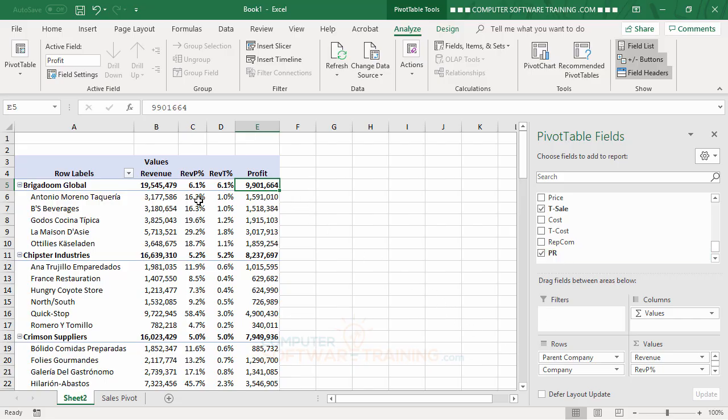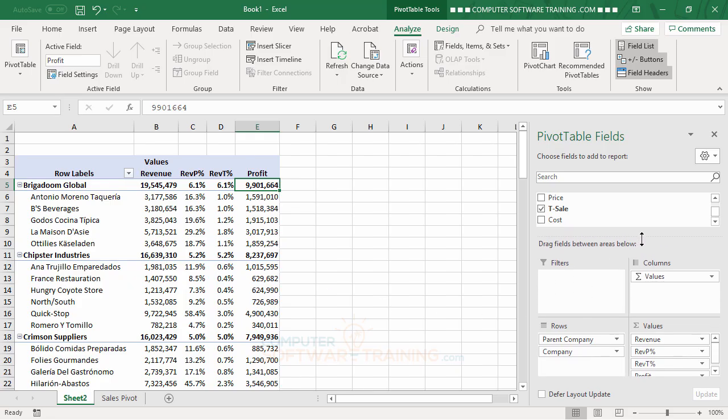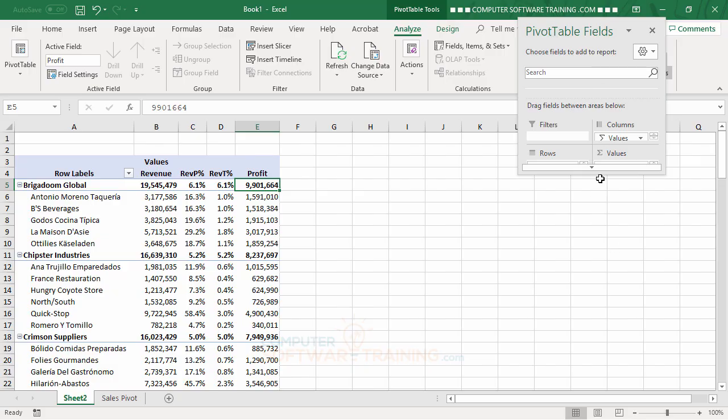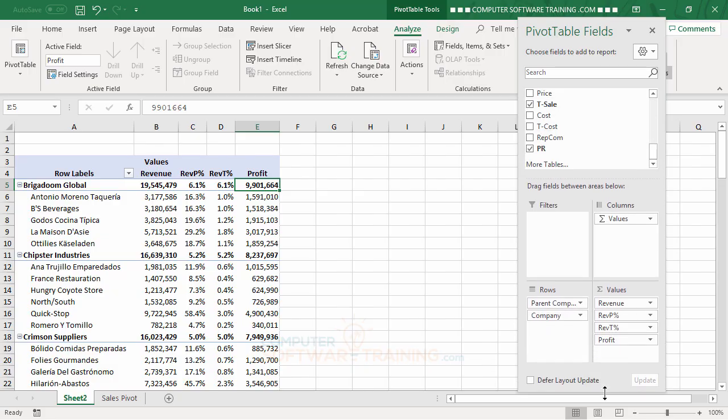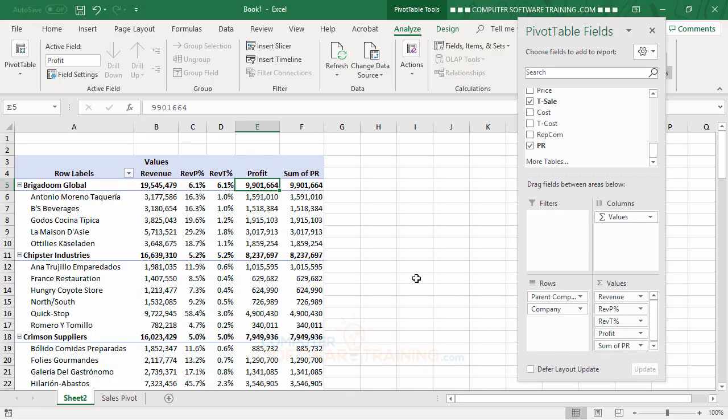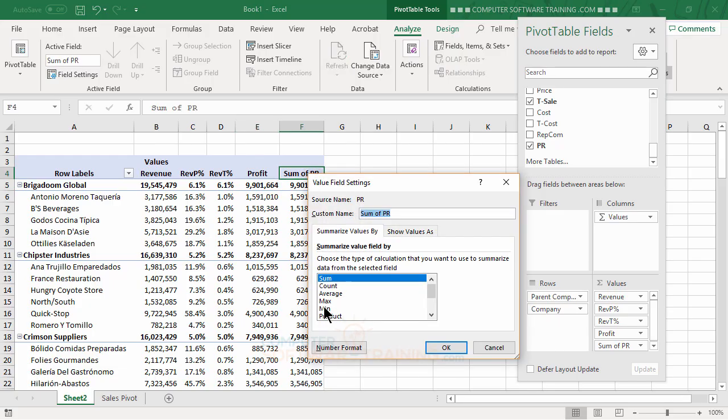We can now use that to do the other 2 columns that we had before. And I'm going to pull this up a little bit so I can see this a little bit better. Actually, I think what I'll do is I'll detach this, kind of put up towards the top there. All right, so now we've got the profit in there. Now we're going to bring profit in again. So I'll drag the PR field here down into profit. That gives me a second one there. Now this is going to be what percentage are each of these to the parent subtotal, right? So we'll double click onto here. We're going to call this one maybe